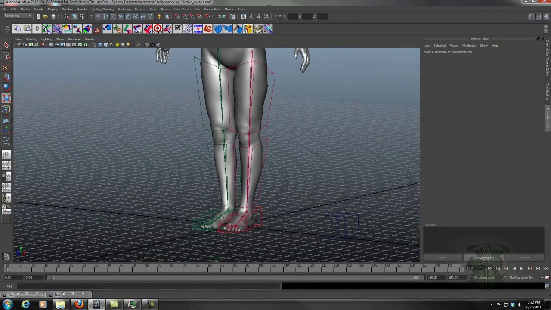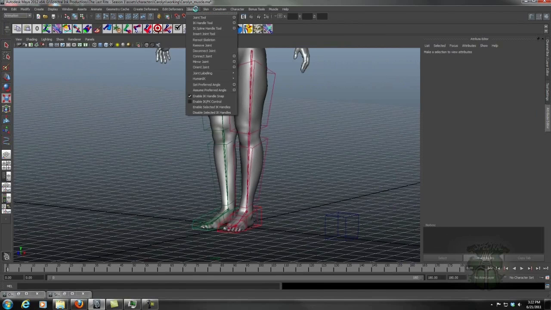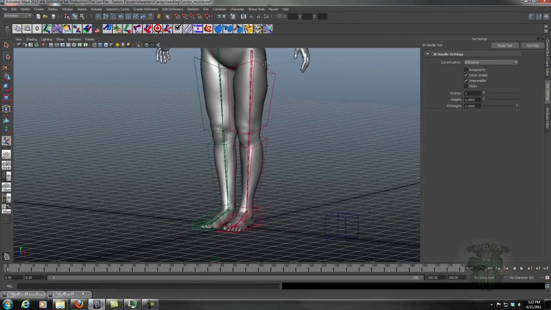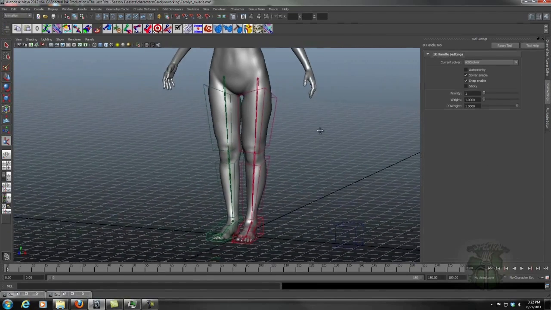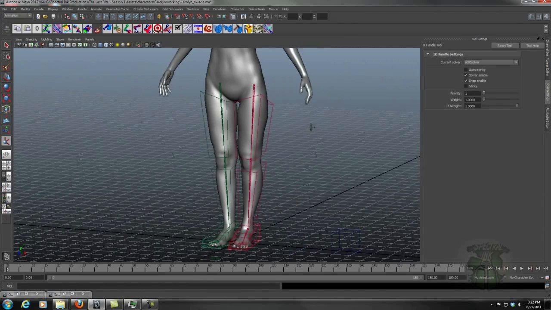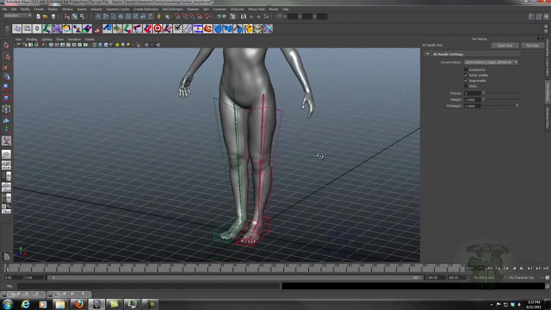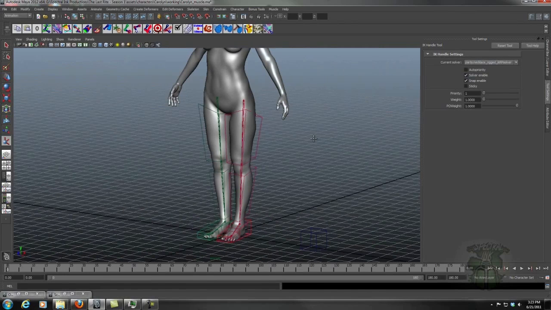So now let's apply an IK handle to that. There are three basic types of IK handles in Maya. There's more, but there's three basic ones. You have your RP handle, your SC handle, and then your spline IK handle. An SC handle is a single chain. What makes that unique is that it gets its rotation from the rotation of the IK handle. An RP handle is a rotation plane solver, and what that means is that